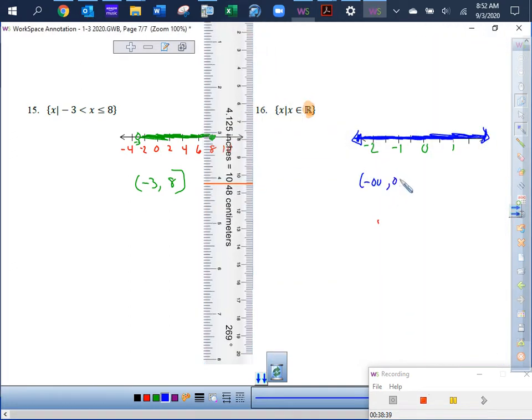To positive infinity. And let me ask you this. If I asked you where all the real numbers were, would you believe that it goes from -infinity to positive infinity and everything in between that, right? That's all real numbers. That's how we say all reals is from -infinity to positive infinity. Let me know if you have any questions on that, and have a good